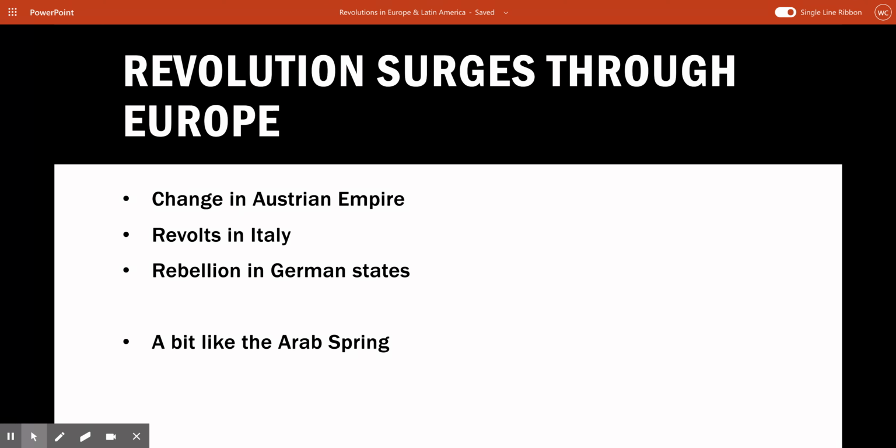They all want to be able to believe what they believe. They want to be able to say what they want to say, short of hurting other people. They want freedom of press. They want all these really basic human rights. And they want a government that makes sure that those are protected. And what's happening is the people in Europe in the 1840s feel like their governments aren't providing that.